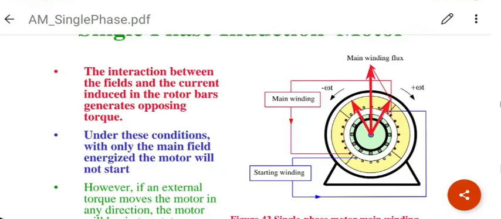So electrical solutions have been built into the construction by using that second winding called auxiliary winding or starting winding, which is energized in the beginning to partially cancel out one of the fluxes so that the rotor starts rotating. As the rotor starts picking speed, the auxiliary winding is taken out of the circuit. And then the pulsating field is enough to keep the rotor going because of its inertia. That is roughly the physical explanation without any mathematics. Okay.